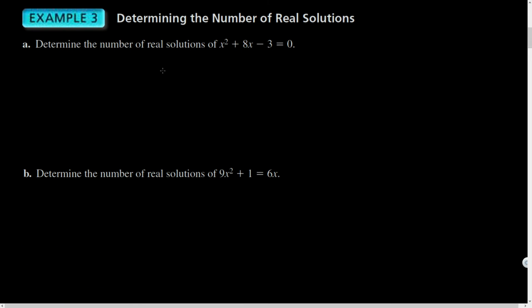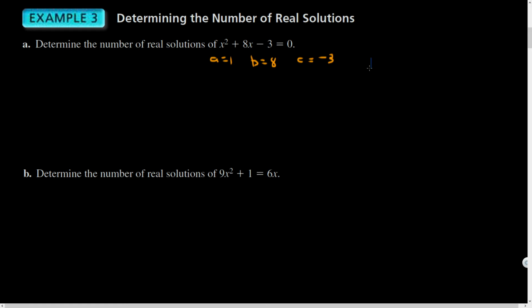So here we go. Example 3. Determine the number. So I'm not identifying the solutions, I'm just figuring out how many there are. Determine the number of real solutions. So this quadratic is already in standard form. It's already equal to 0. So a equals 1, b equals 8,